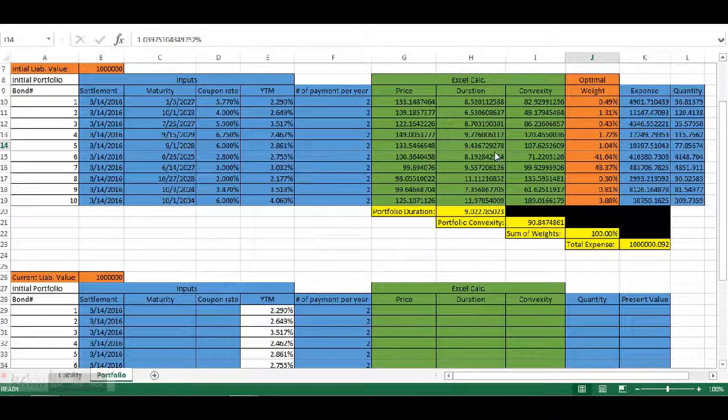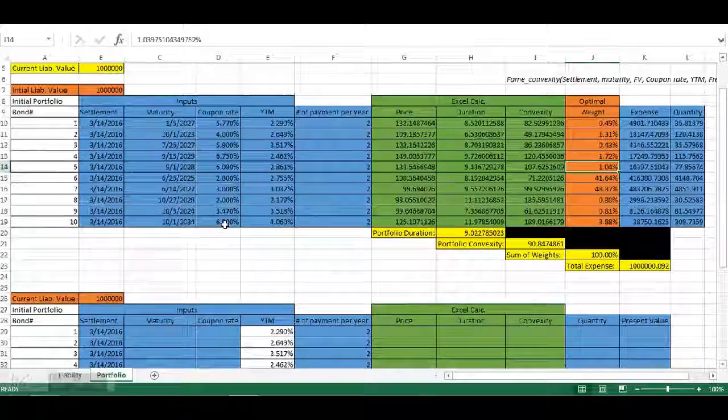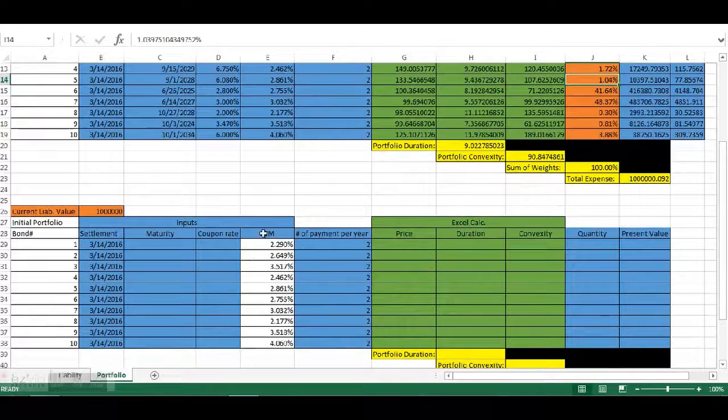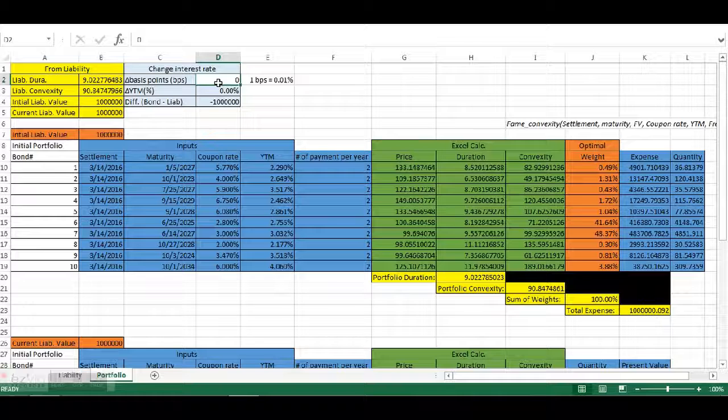Here we want to examine the hedge effect of this bond portfolio. Now we use this bond portfolio, which is exactly the same as this one, only thing is we will allow the yield to maturity of each bond to change. Now we assume a parallel shift interest rate curve, which means some point shift of 1% yield curve increase will affect both